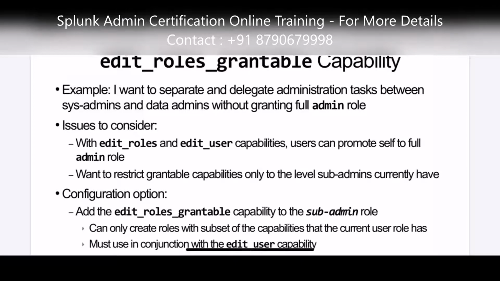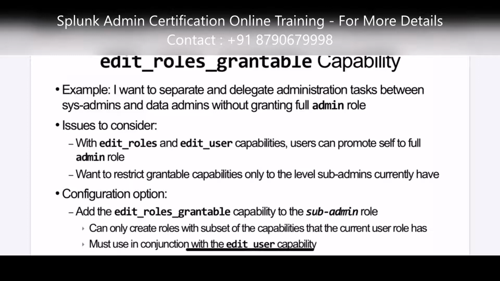Now usually what is happening? Admins will have all the privileges so that they can provide access to a user, or to a power user, or to a specific role, into inheritance also, and capabilities also. Everything an admin can create, and an admin can provide access to each and every user as required. But if you are giving edit role capability, anyone can edit the roles.